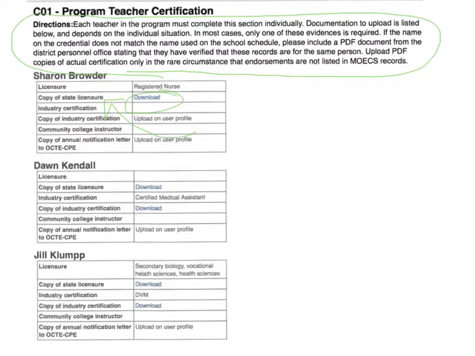All of that information is in MOECS, M-O-E-C-S, and the OCTE consultant will go to MOECS to look for those credentials. So they should not be uploaded here. The trick is for those credentials that the teacher's name must match exactly the name on their certificate. So it is critical that in MOECS and on their state certificate